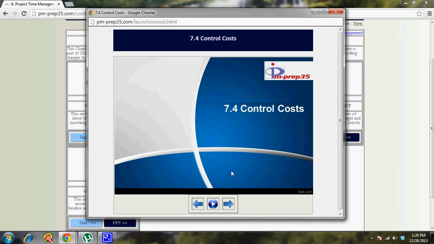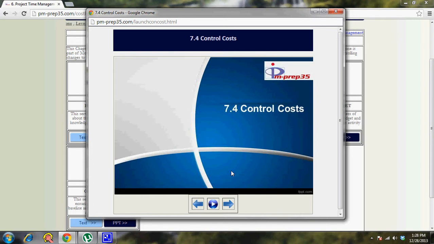It also deals with project funding requirements. They need to be monitored, and relevant people need to be communicated about what funding is required in what phase of the project. So that is kept under monitor and control in the case of the control cost process.